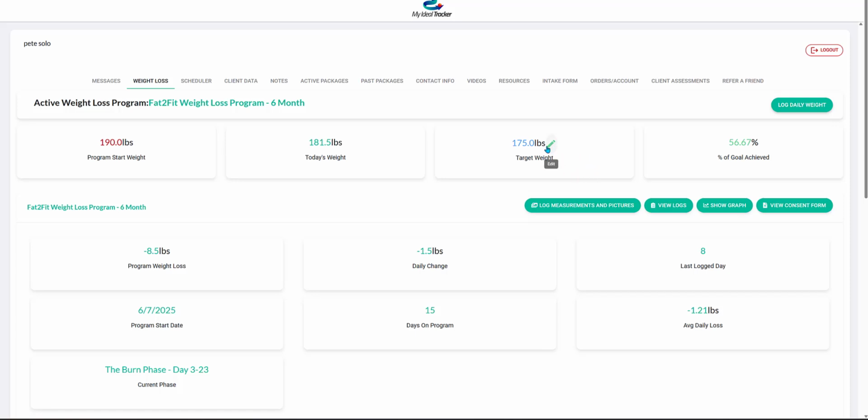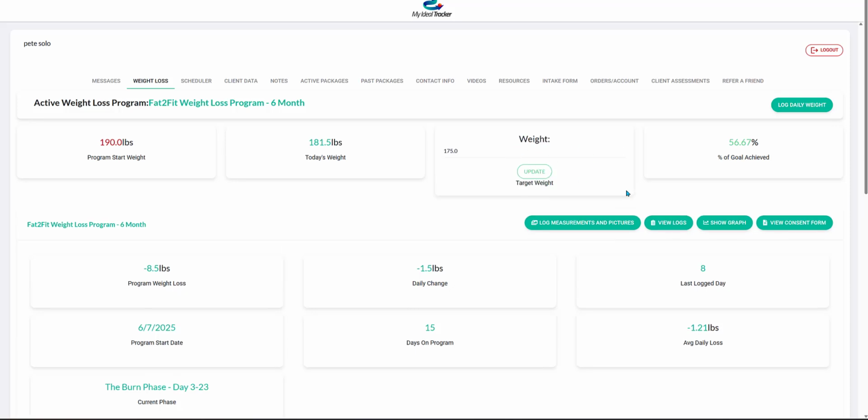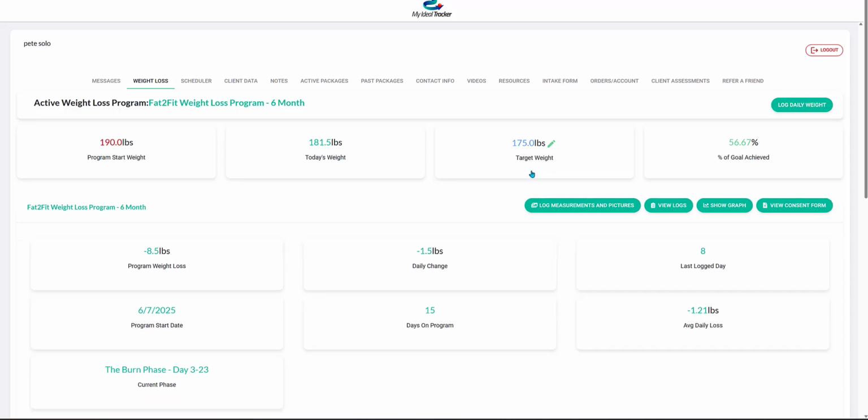And then here you can just come in, click this button and change whatever weight you want to have here. And then just click update. So that's your target weight. Once you start logging your weight, your first daily log is going to fill this in for you as your program start weight. Okay. And then it's going to give you today's weight, whatever you logged today. And then it's going to calculate your percent